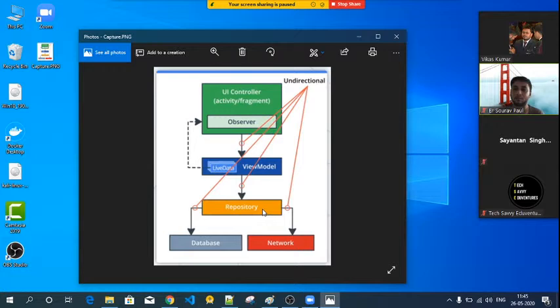or suppose this is a shopping cart. So what we will do is go to our server and find the data, and we will save that in this database, not in that database. We will save it here, and the repository will always refer to this. Changing anything, we will change here, and that will be synced to the network too. If you don't have an internet connection, this will be there. When you get an internet connection, it will be synced. In that way,